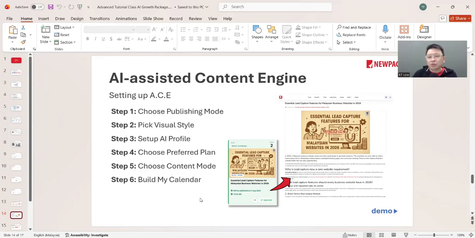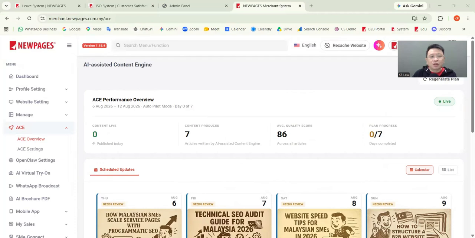All right, so I'm going to do a demo for you all. Okay, one moment. Let me go to the back end. All right, so inside back end, you can actually find this ACE just beside the menu that you will see ACE here, over here. Now I'm going to do a reverse way of teaching because I'm going to show you